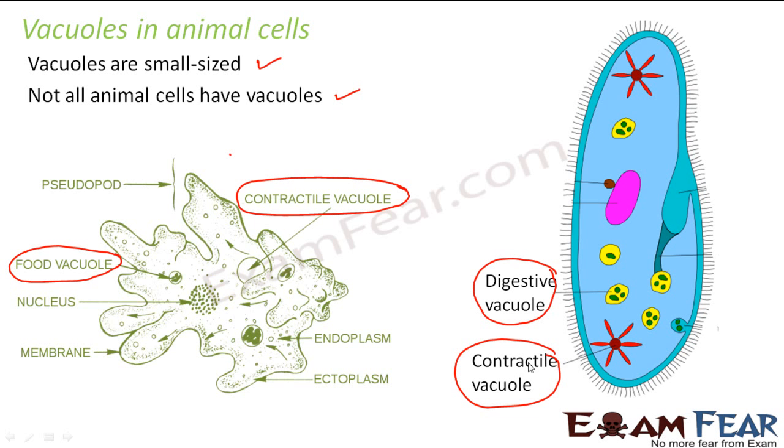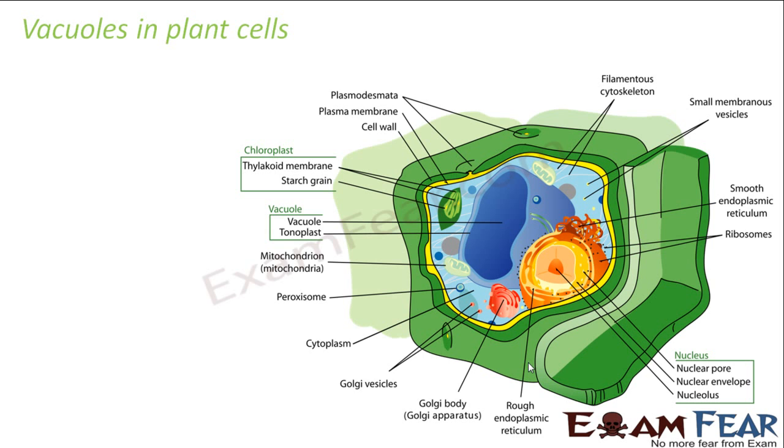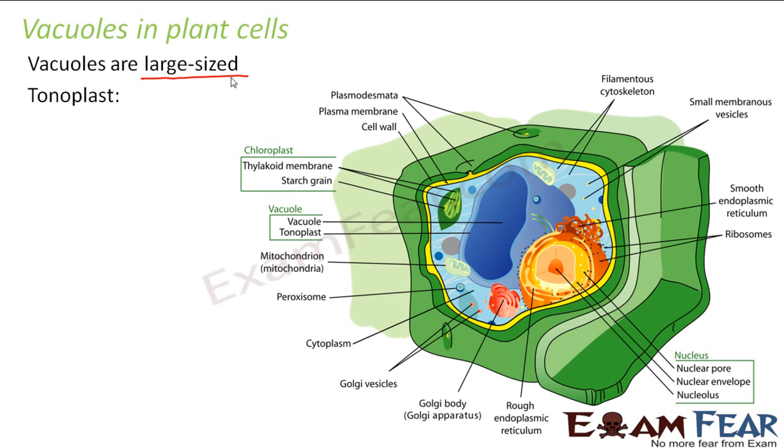So the different types of vacuole will have different functions, but in animal cells it is generally seen that their size is small. On the other hand, in plant cells, the vacuoles are large size. That's because vacuoles are mainly used to store water, to store a fluid, right? So because of that storage, vacuoles are generally large in size. And the membrane covering the vacuole is known as tonoplast. So here you can see how big a vacuole is. So this blue colored structure is the vacuole, and the light blue colored covering or the membrane of the vacuole is known as tonoplast, right?